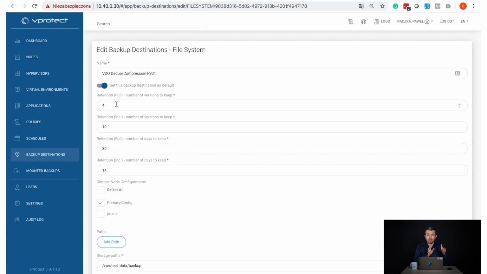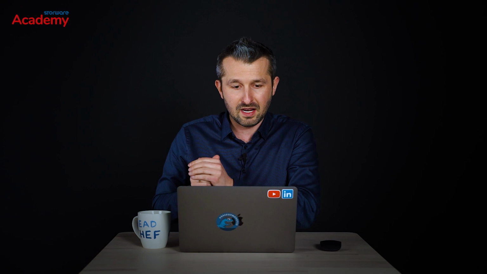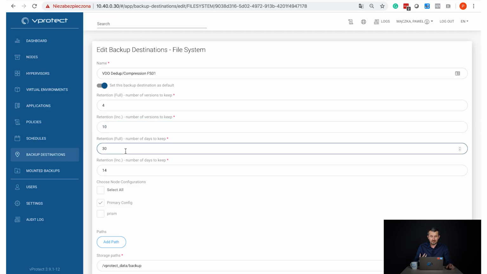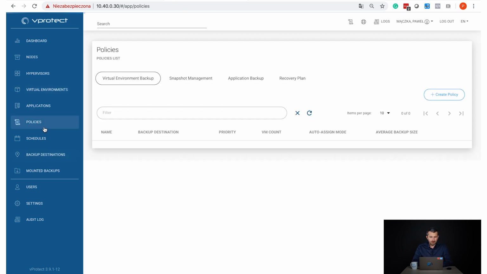What is more important in a backup destination, we also keep the retention for the backup. So it means if I send my virtual machines to this backup destination, I will keep a base of 4 fulls, 10 versions of the incremental, 30 days, 14 days for the incremental. So keep in mind, the retention is kept in the specific backup destination. So, okay, we added the hypervisor. We know where to store our VMs. So let's go to the policies